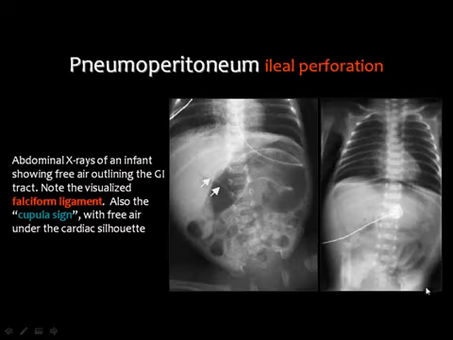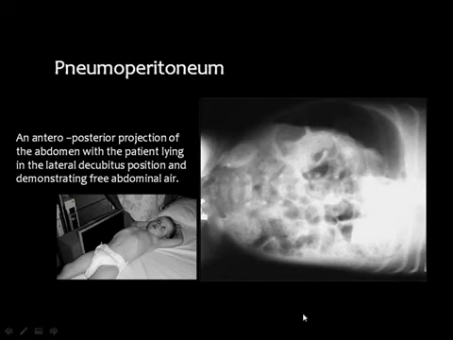Then if you would like to diagnose free air in the peritoneal cavity, there are some signs. Number one is the delineation of the falciform ligament by air. Number two is what is known as the continuous diaphragm sign. Air inside the abdomen will enable you to see the whole diaphragm, especially the segment below the cardiac shadow. Then if you are in doubt, you can have this cross-table view in order to see abdominal air